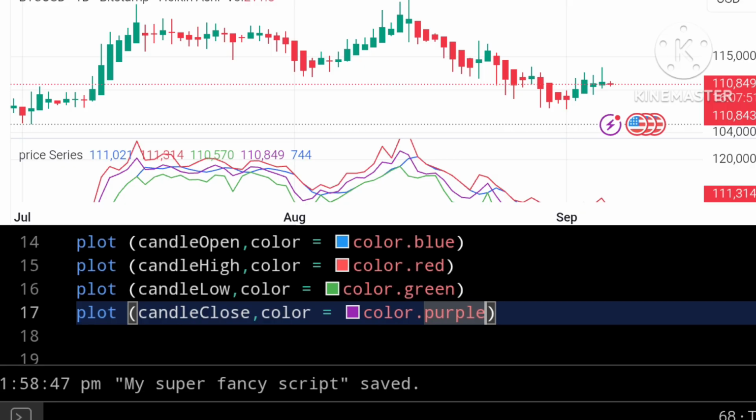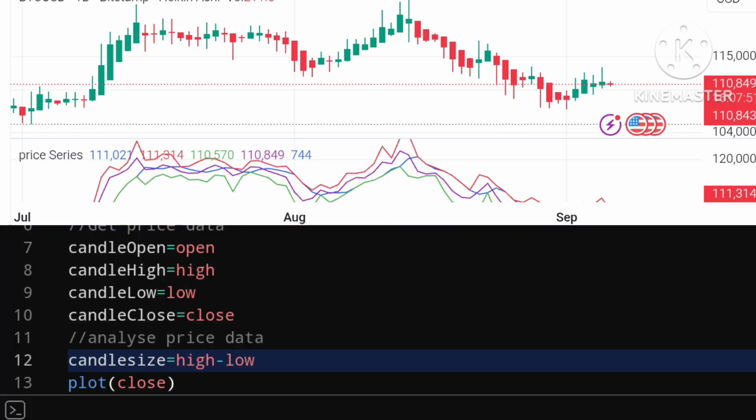And for this we are going to create a couple of variables. The first variable we create is going to be called candle size, and to calculate the candle size is really easy. All we need to do is subtract the low from the high. So high minus low will give us our candle size in points.